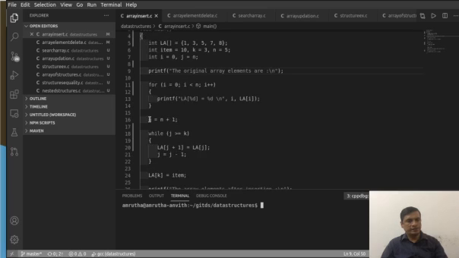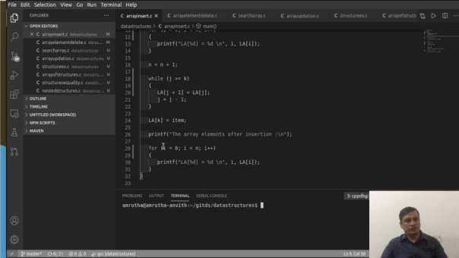Then increase the size of the array from n to n plus 1, because you are going to add one more element. So the size of the array is increased by 1, followed by which you are going to displace all the elements, and then you are going to print out what exactly the elements are after insertion.